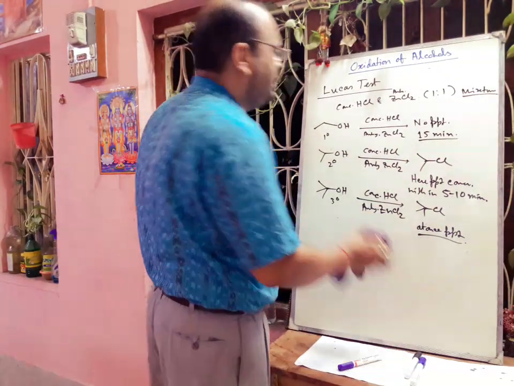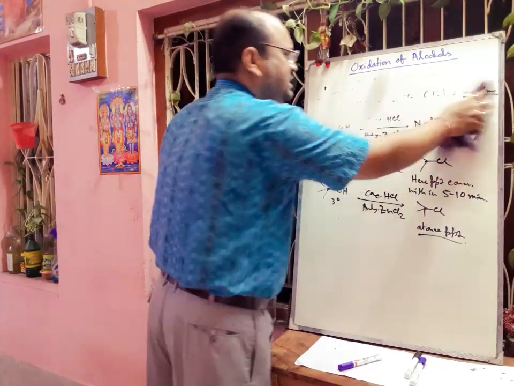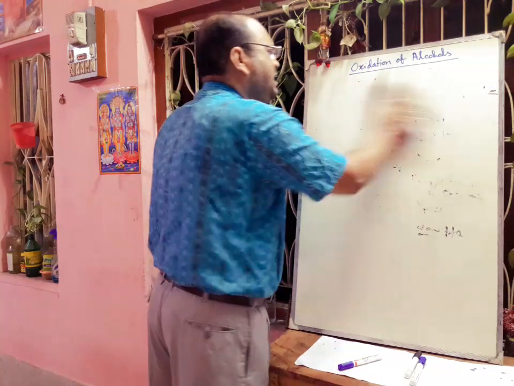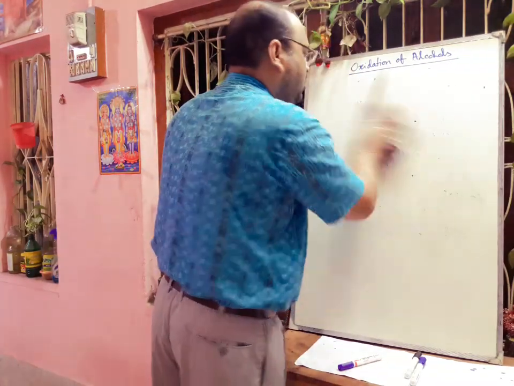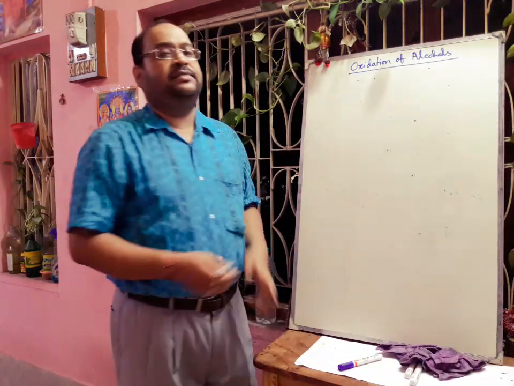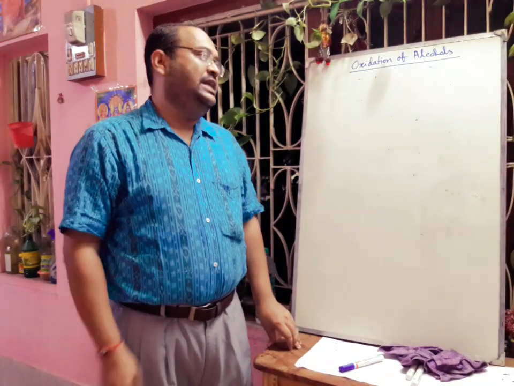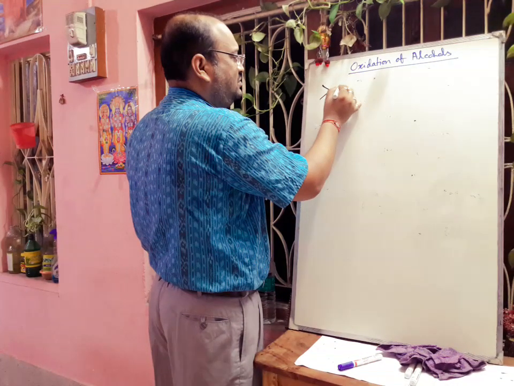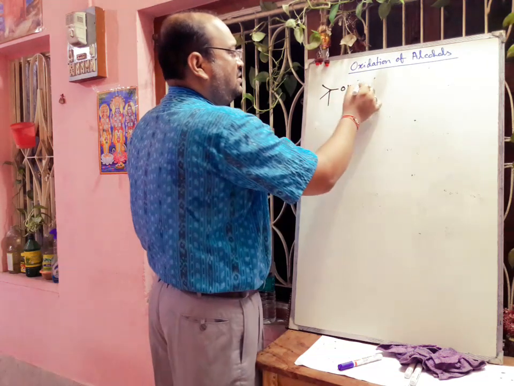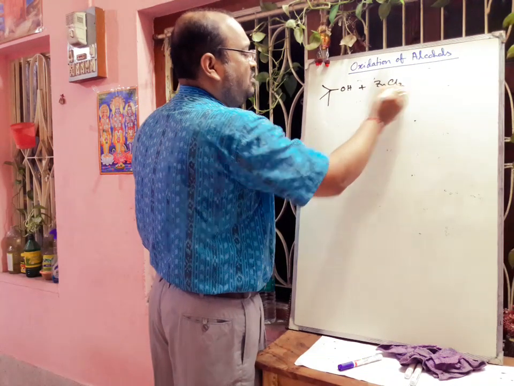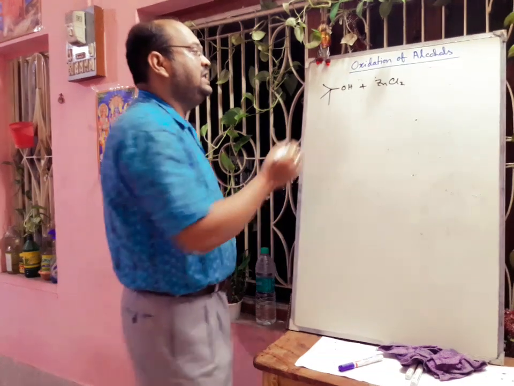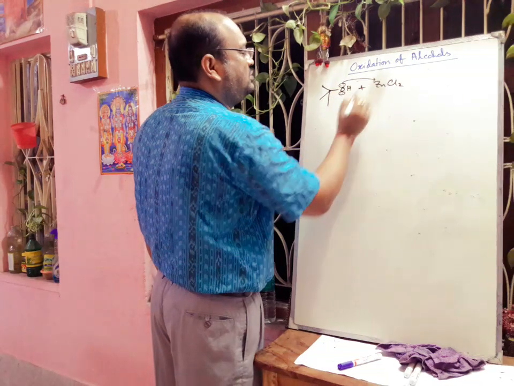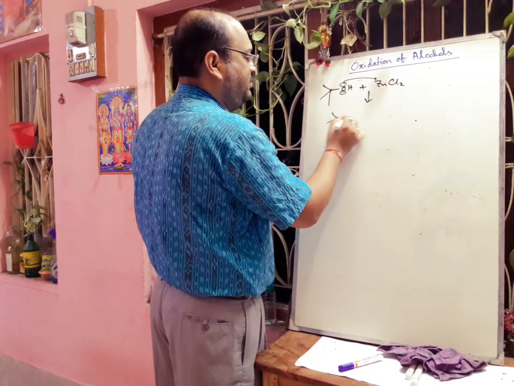Now what is happening here? If we think about the mechanism of this reaction, then we can easily understand. Actually, in normal condition, when we are using zinc chloride and concentrated HCl, then in case of tertiary alcohol, in zinc chloride, zinc is in the +2 state, so it can easily accept the electron, or oxygen can easily donate the electron to zinc. So then there will be formation of this type of compound.